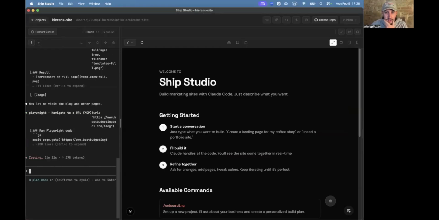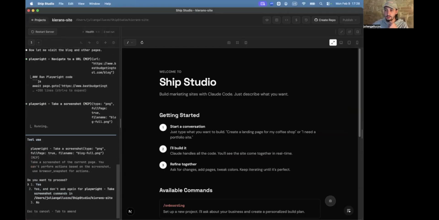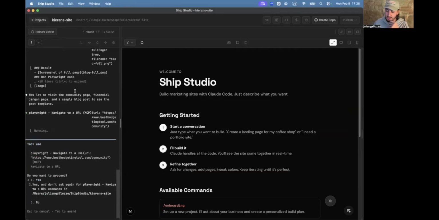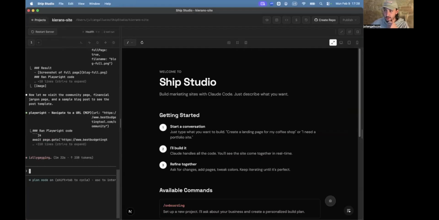One recommendation that I have for anyone working with Claude Code is that as soon as Claude Code starts struggling, you're probably doing something wrong. Let me give you an example. We have this app right here, the Ship Studio app, which is a local app. And like I said, I built it with Claude Code.